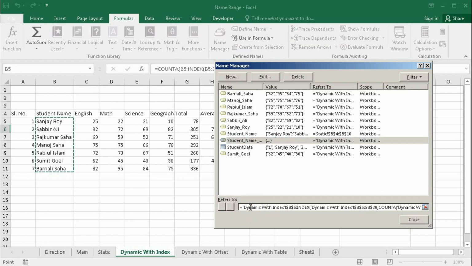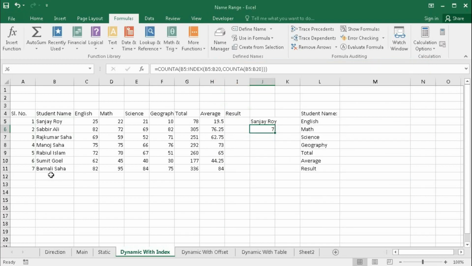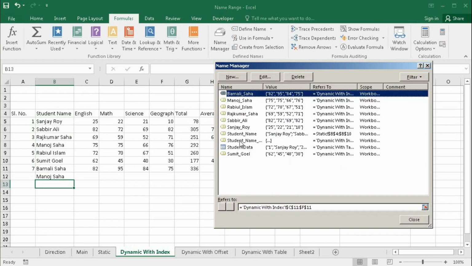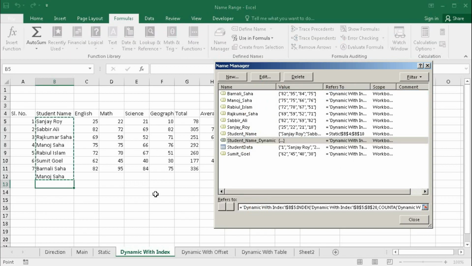If we click here, we can see it is within this range. So if we enter a value, then go to name range, student name dynamic, this one, if we click, it took up to Manoj Shaha.